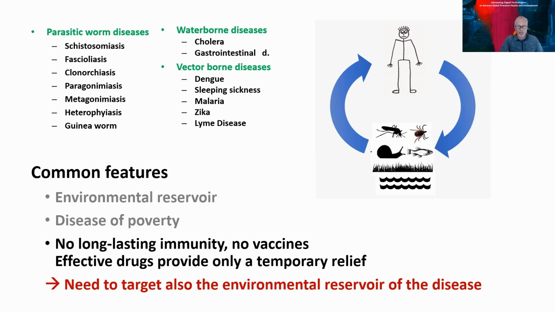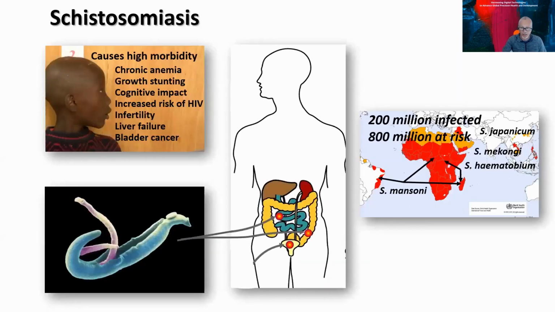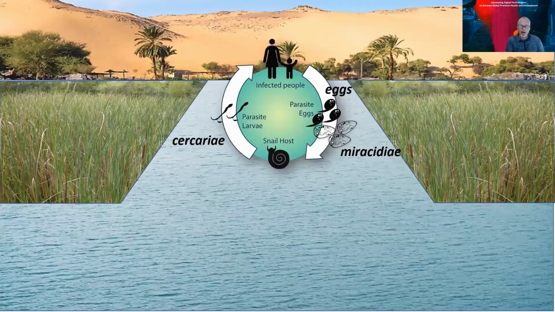And the goal of my talk today is to show how digital technologies can help to address this problem. I want to show you this by using one of the most important of the so-called neglected tropical diseases as a reference example. I'm talking about schistosomiasis, a debilitating parasitic disease of poverty, endemic in 4 continents, 74 countries, in tropical and subtropical regions, affecting more than 200 million people worldwide, the vast majority in sub-Saharan Africa, the vast majority school-aged children. It is caused by parasites of the blood vessel, which is represented here in the lower left panel. And these parasites have a complex life cycle.